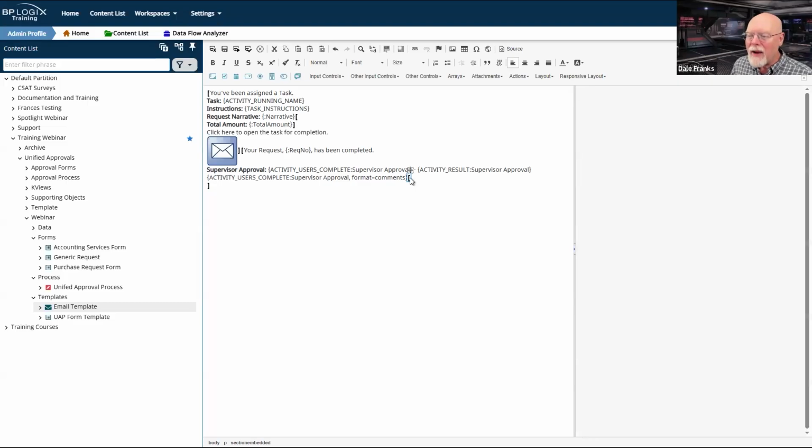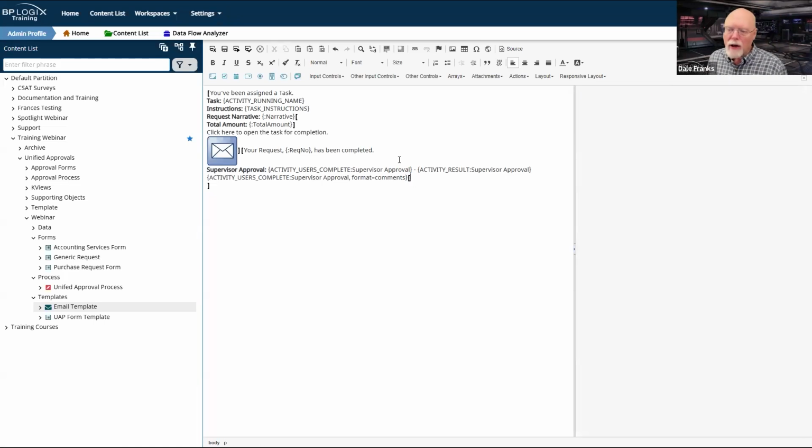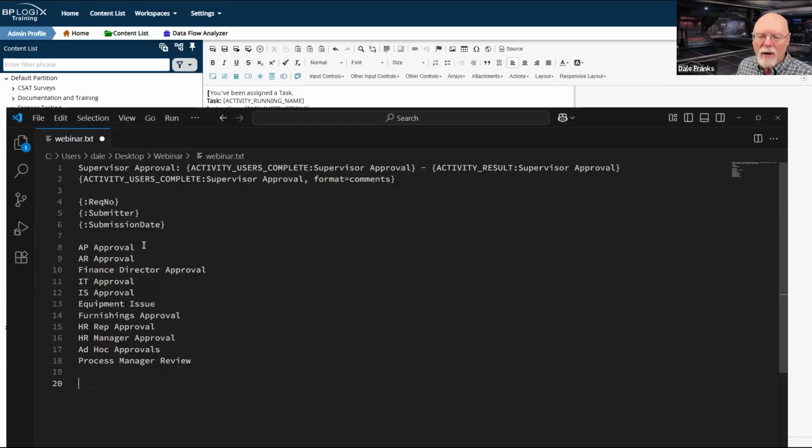And now that I have a section that will only appear whenever the function equals AC for accounting, now I can put all of my accounting results inside this section. So I'm going to go ahead and put in my break character here, well, actually a paragraph here. And now I need to take this supervisor approval and we'll have to go with AP approval. So excuse me, I'm going to do some copying and pasting here.